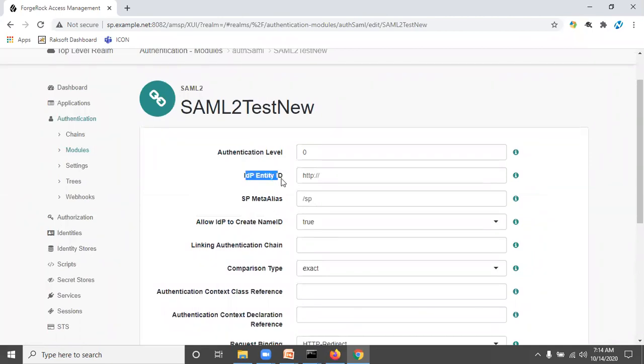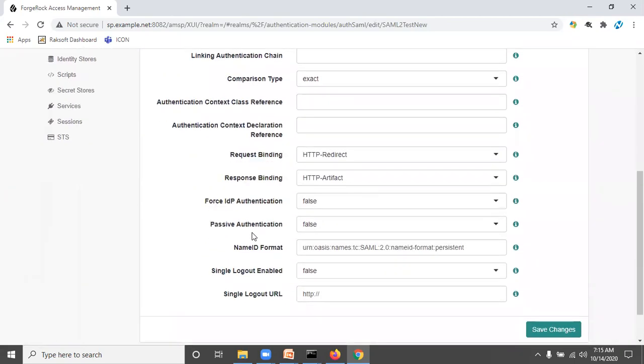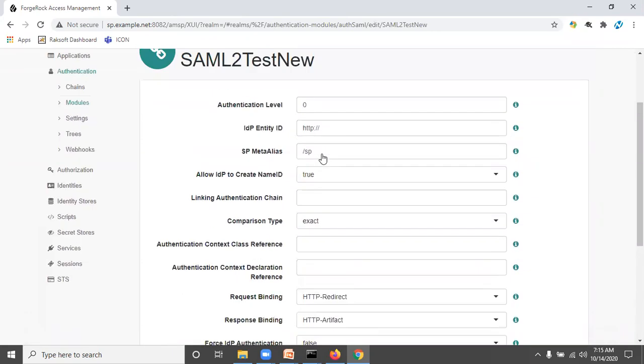Here we have to give the IDP entity ID. The SP metalias is by default sp, and Allow IDP to create the name ID will be true. No other changes are needed here; we just have to add the IDP entity ID.